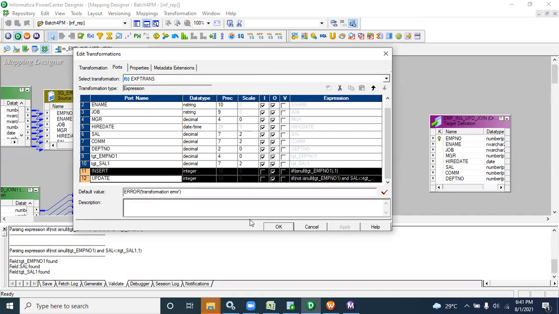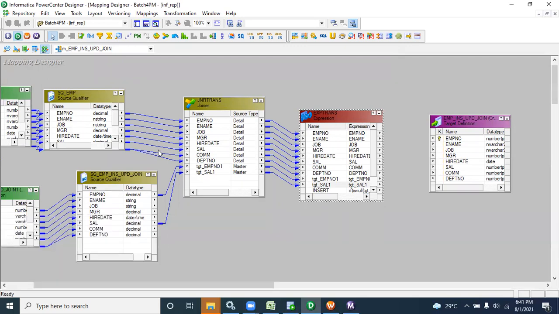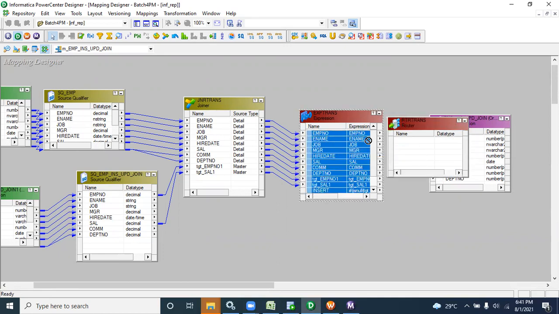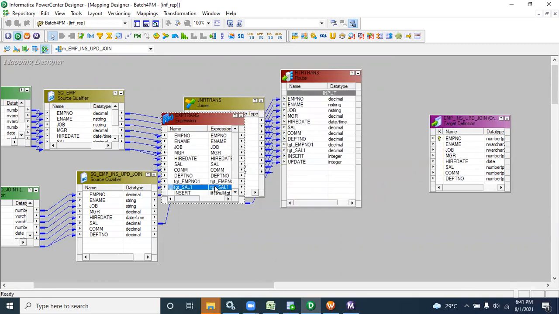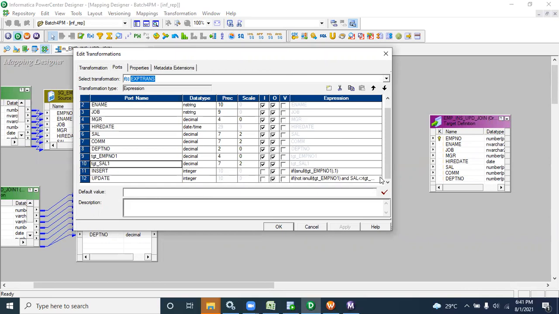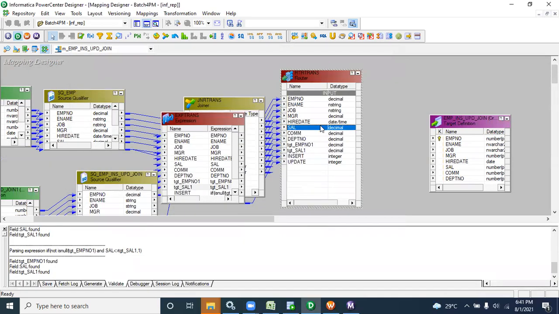We can only add the logic. So for that reason, we create a router transformation, select all the ports and drag them to the target. Here, whatever logic we can give, like 1 and 1, meaning true, the same logic we can give in the router.